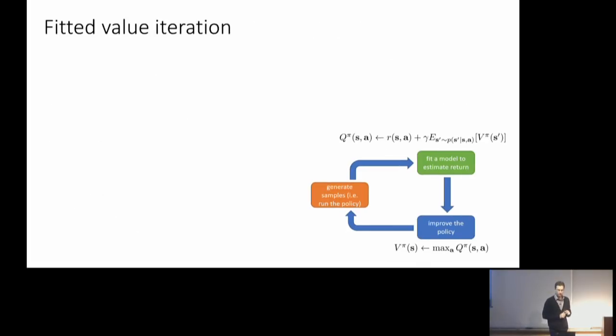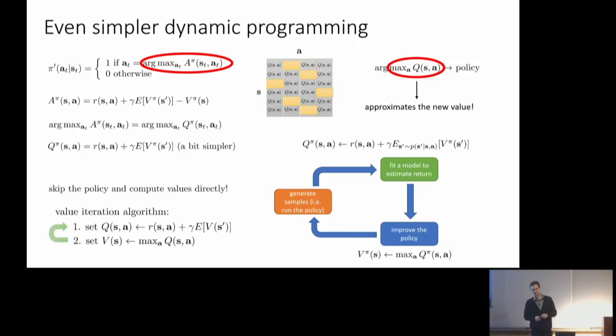Question? But now V will not represent the value function, like the average. It will now represent the maximum. Right, so the question is, the value function seems to be doing something about the maximum rather than the average. This question is very closely linked to another question, which is, okay, it's a value function, but it's a value function of what? Before we had V pi, that's the value function for pi. What policy is this a value function for? Well, the answer is that it's still a value function for pi, you're just not representing pi explicitly.